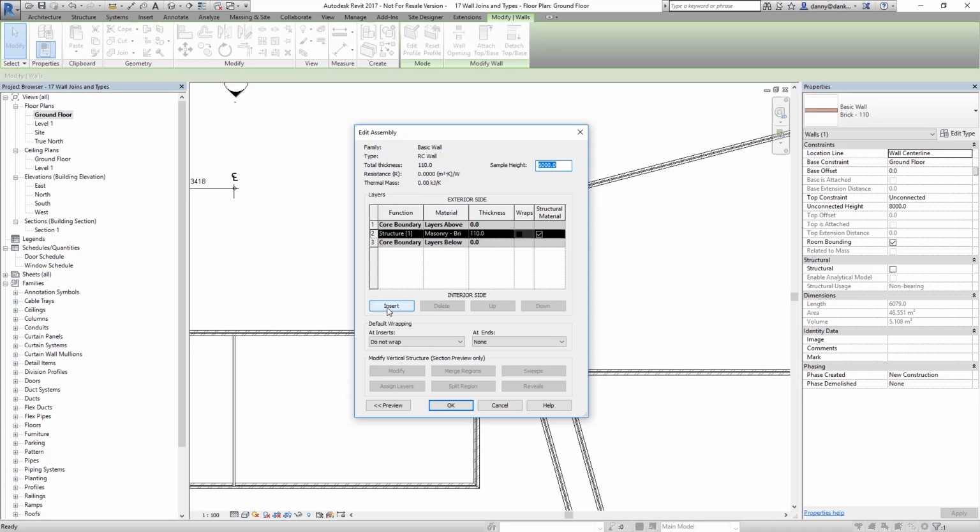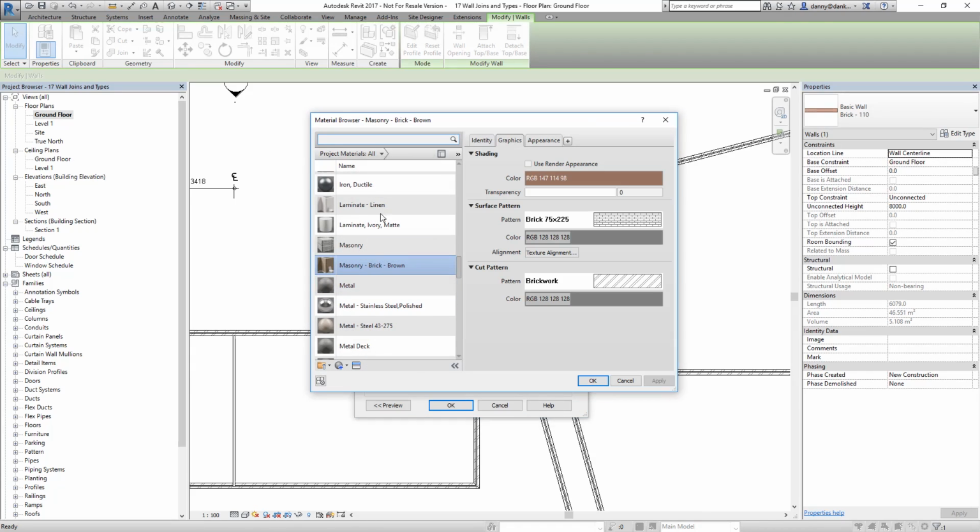Now let's create a wall. I'm going to insert a few more layers into the wall. Then I move them into the correct position, so I'm going to move the elements outside of this core boundary. I've got one layer inside of my core boundary and then a few more layers above this. Next, I'll start assigning materials and thicknesses to all the elements. So I'm going to click on my brick wall,